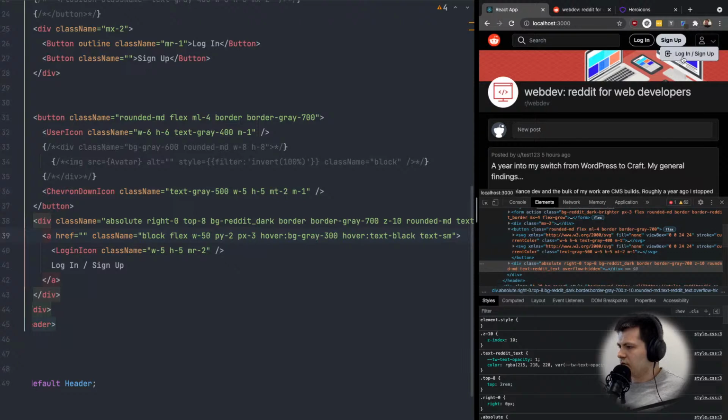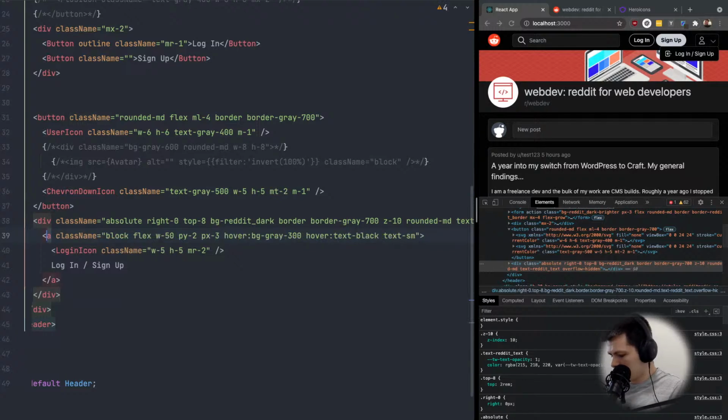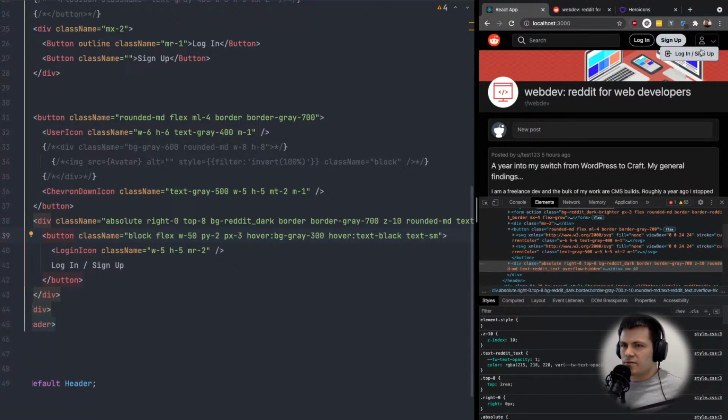So we have a link here, and let's change it to a button. Yeah, now it's a button, but it looks the same. Right, so now we need to fix, so when someone clicks outside of it, this one will be hidden. So by default it should be hidden. But when someone clicks on it, it should show. Alright,